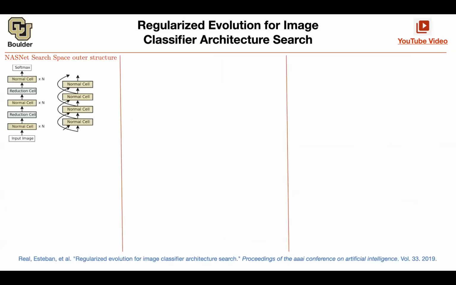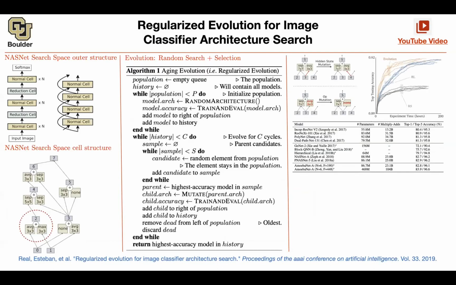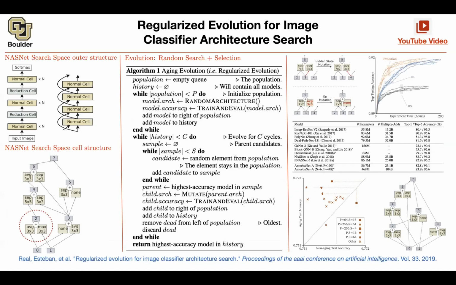Regularized evolution is going to use the same search space as you just saw, but it's going to replace reinforcement learning with an evolutionary algorithm. And this is an aging evolution algorithm. For evolution, there are going to be some minor changes, which we call mutate. Then you change your architecture slightly, look at its performance, and pick the best one. It's a combination of random search and selection. And selection is based on the performance metric that you have, for instance, accuracy.